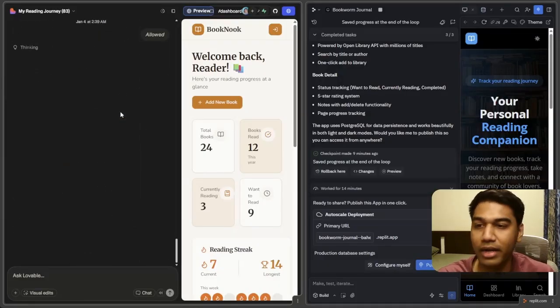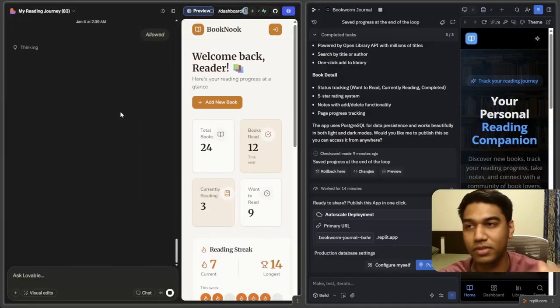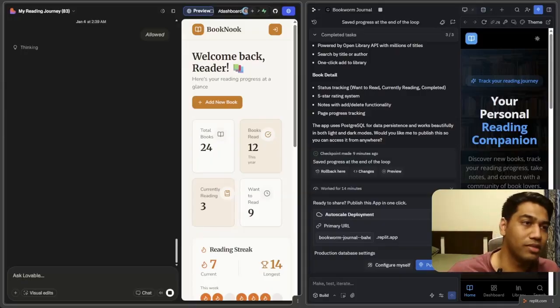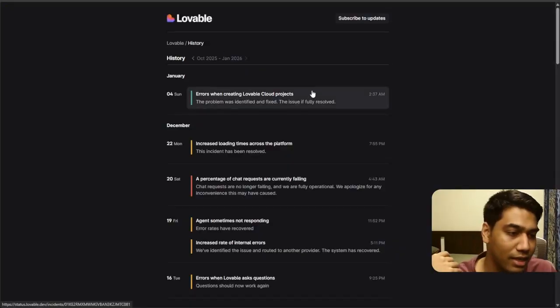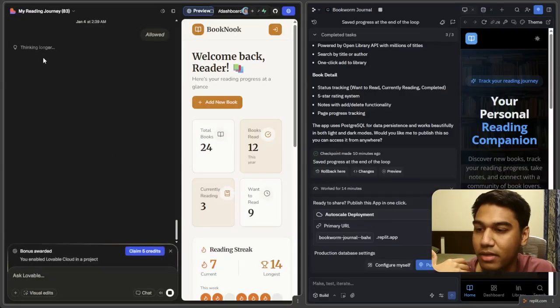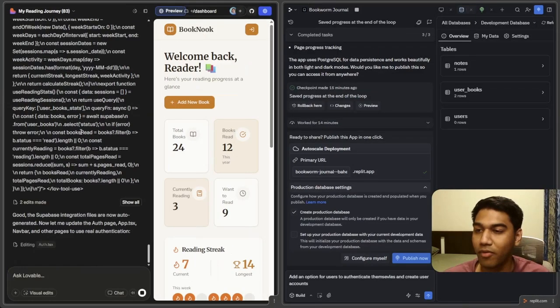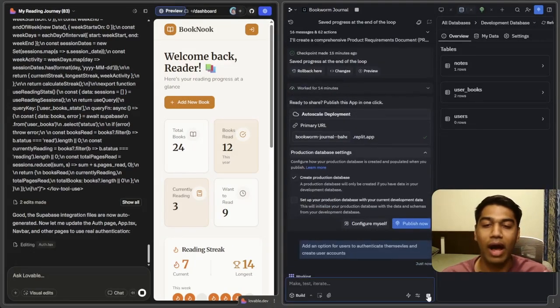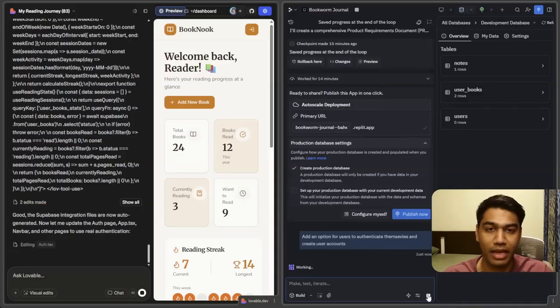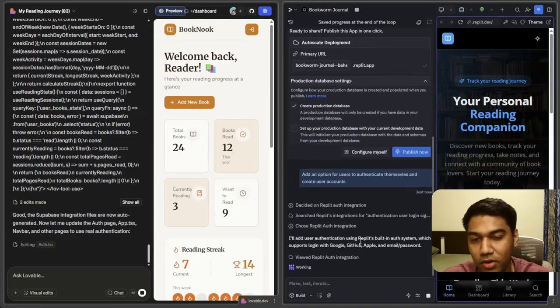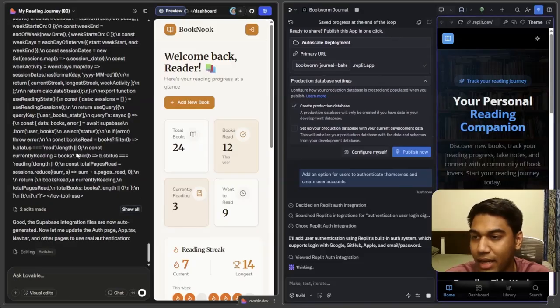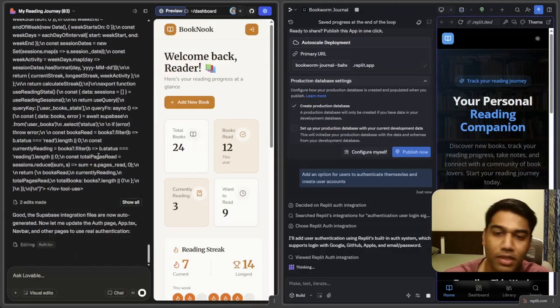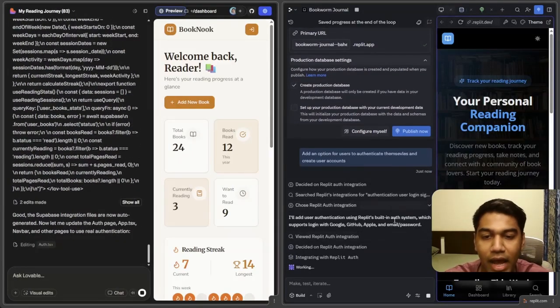If it's not able to add it, I'm going to discount that right now, because on their status page they do show this. So now the status page says that it's fixed around a couple of minutes back. So then I believe we would be getting this setup. So let's see. The Lovable cloud has started working, and in the meantime I'm going to give Replit an option to add authentication for users so that they can sign up in the app and add their books and everything else. We're going to see how this turns out, because I think Lovable is going to be done in a couple of minutes with the cloud, and let's see how it adds authentication